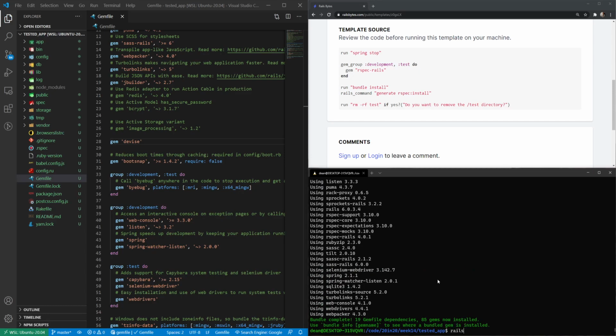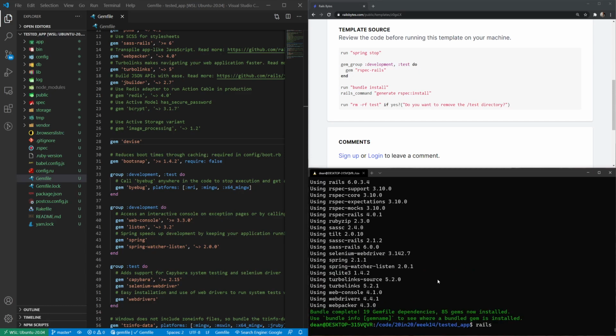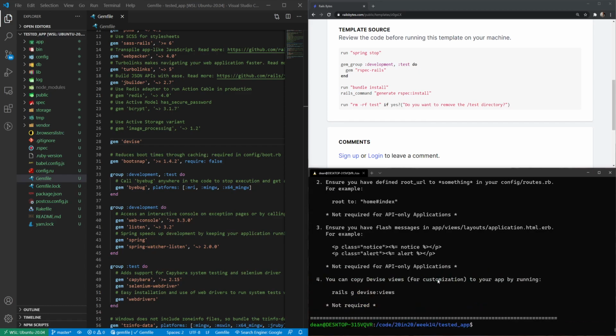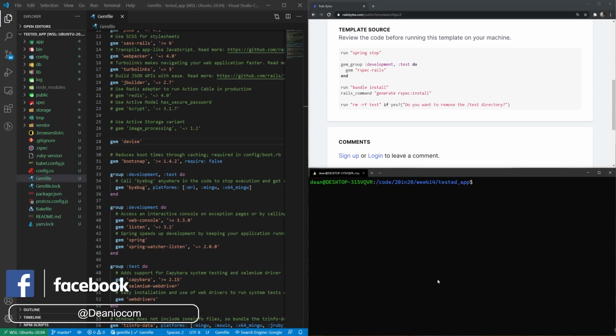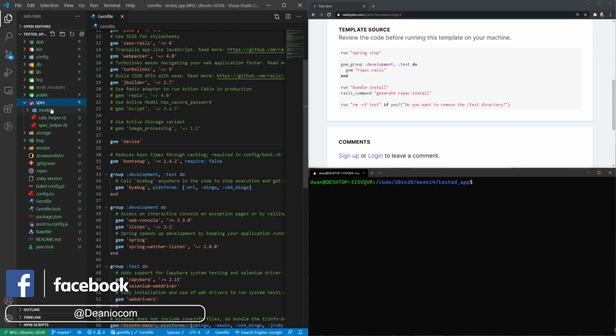Let me also bump up the size of this console. We can then say rails g devise:install, which will install Devise, and then we can do a rails g devise user command to create our Devise users. Okay, so now that we have our user accounts and we have RSpec added to this application,